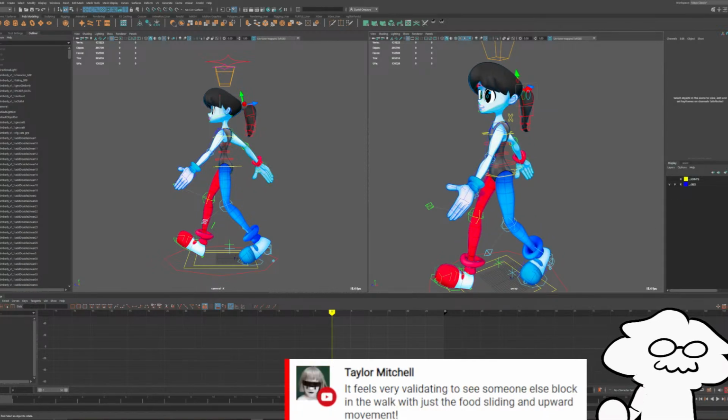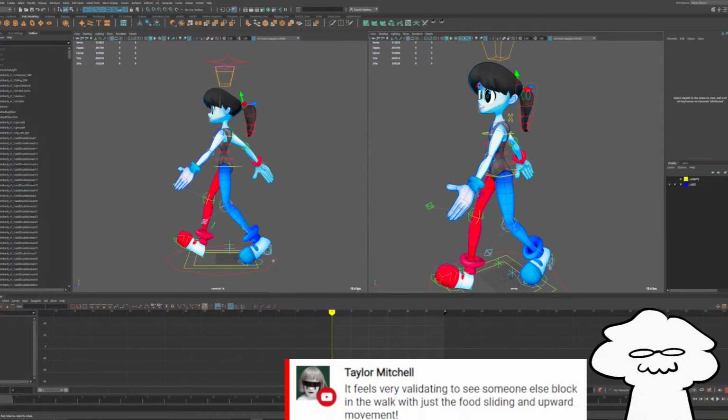Taylor Mitchell, it feels very validating to see someone else blocking the walk with just the foot sliding and upward movement. Yeah, I think it's generally a little easier that way, to start there rather than each individual pose, especially when you're doing a cycle. I think it's a little easier to wrap your head around.